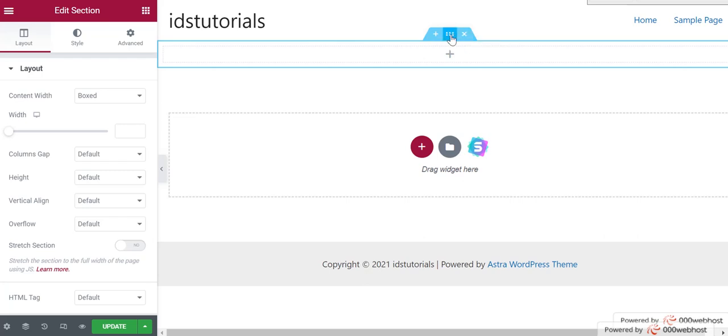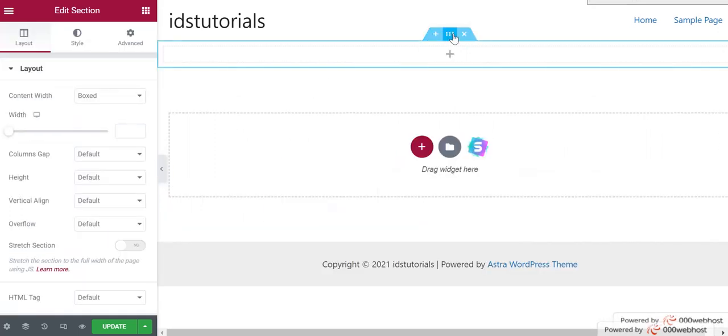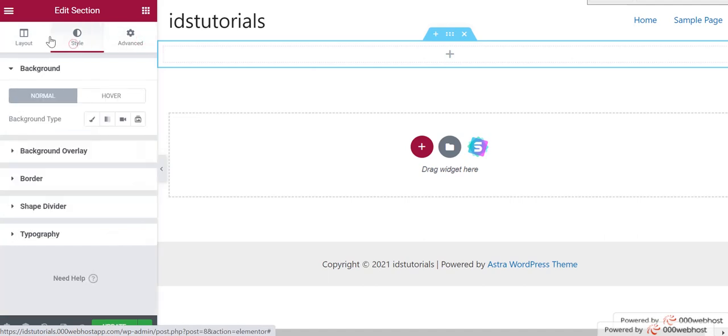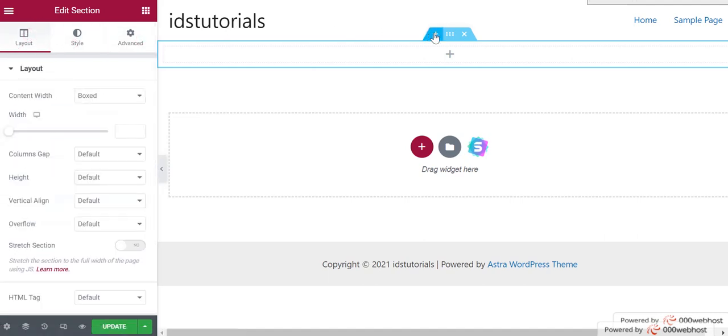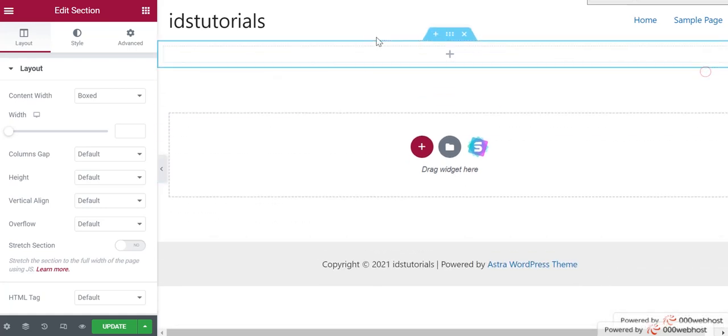It is a delete option by which we can delete this. And the middle option, when you click on this you will get these settings, the edit section option, and then we have this plus icon. For example, if we want to add a section over it, we can just click on this and add the section over here. So this is the purpose of these three icons.